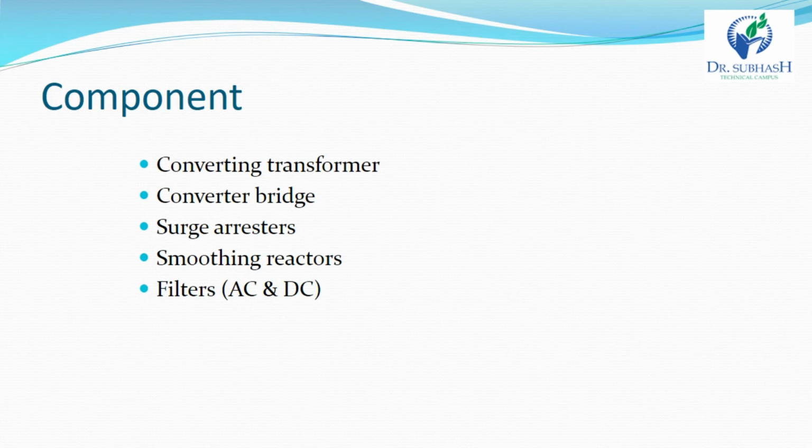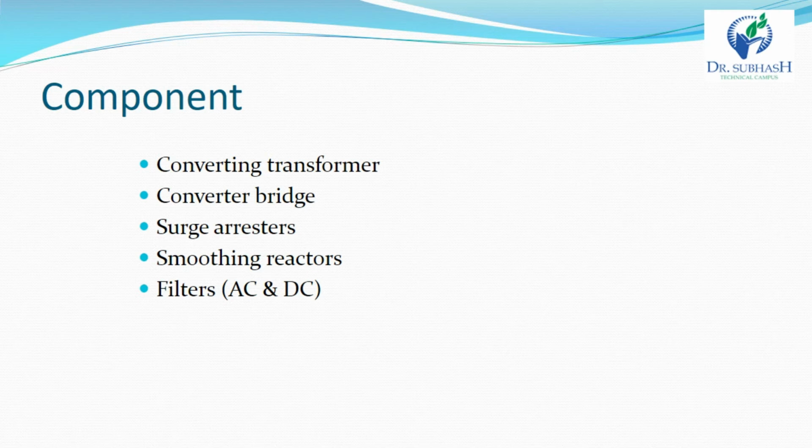Now the filters. Filters are generally AC filters and DC filters. AC and DC harmonics are generated in the HVDC converter; the AC harmonics are injected into the AC system, and the DC harmonics are injected into the DC line. These harmonics have the following disadvantages. They cause interference in telephone lines, and due to the harmonics there is power loss in machines and capacitors. The harmonics produce resonance in the AC circuit, resulting in overvoltage and instability of converter control.